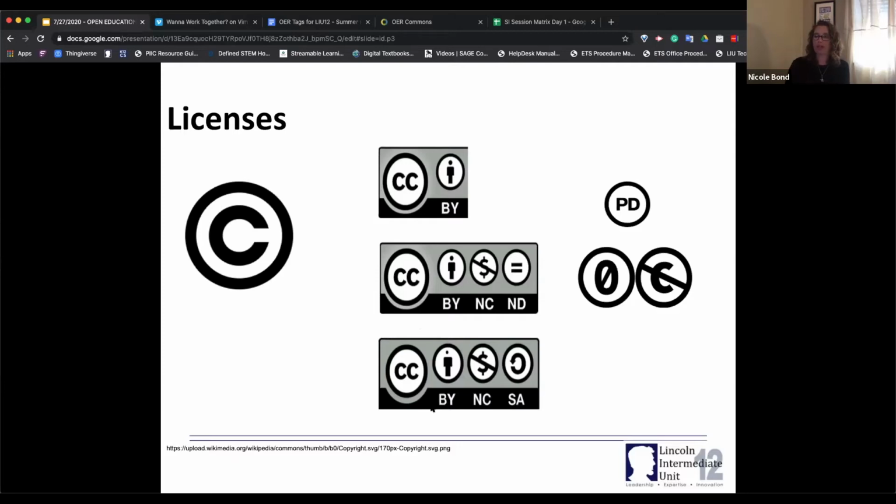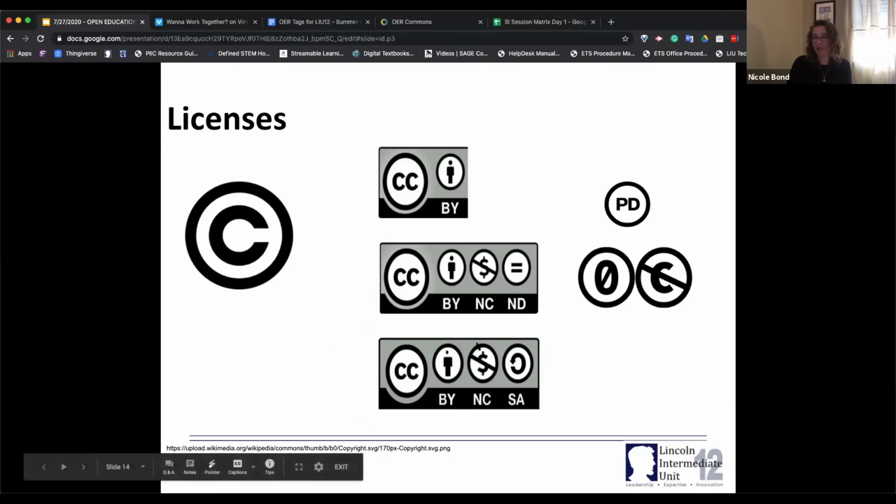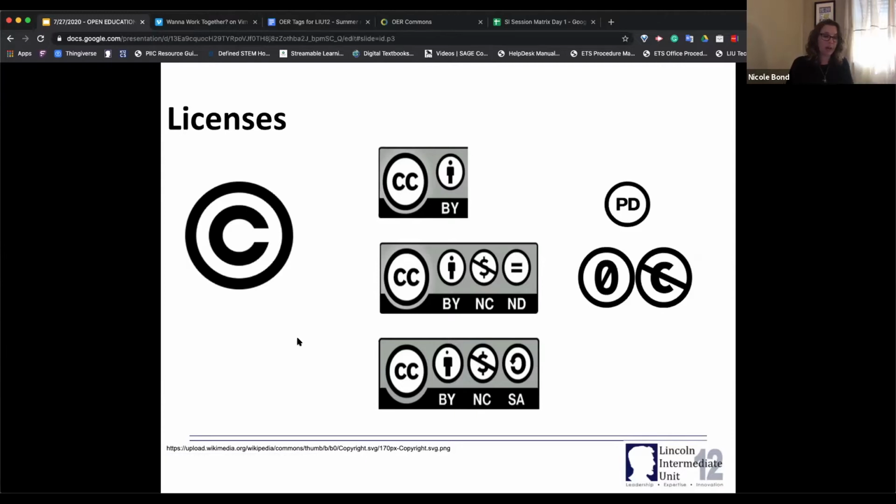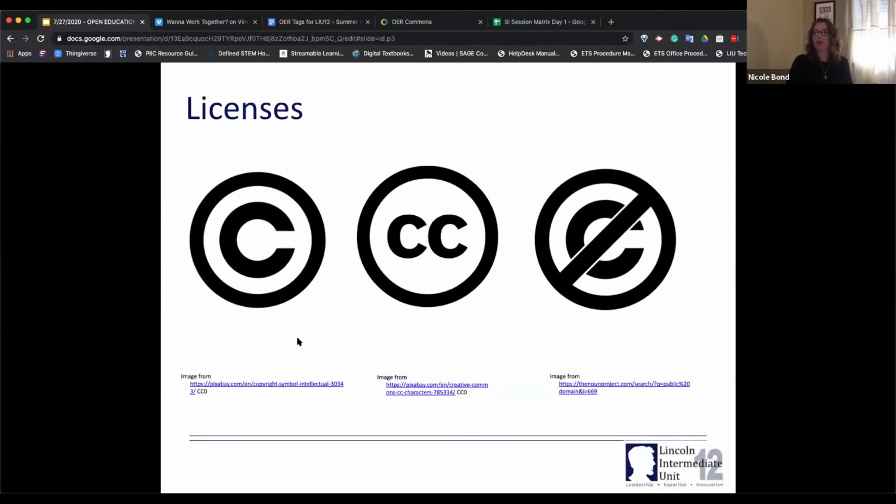So if you look over these three in particular, this is a Creative Commons license which wants attribution, which means you can use this, just make sure you give me credit. This is a Creative Commons license that's asking for attribution, is requiring that it is non-commercial, which means it cannot be used for money, and that there are no derivatives, meaning it cannot be changed. This one here is, again, attribution. No commercial, so no money can be gained off of it. And this is share alike, meaning once you have used it, I want you to share whatever it is you did with it as well. So the licenses vary, but this gives you an idea.